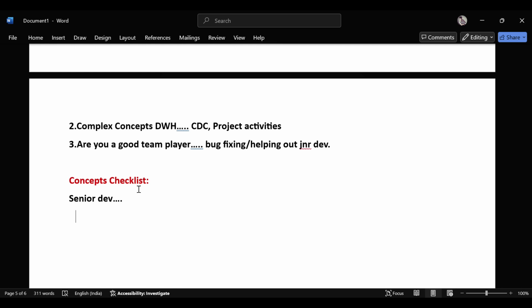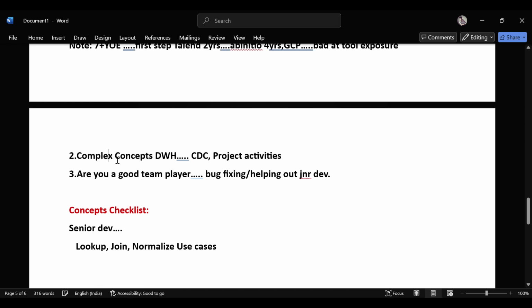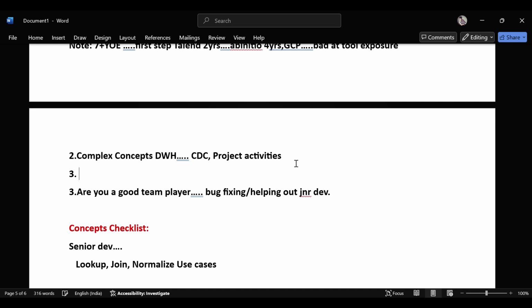Your concepts should include lookup, join, and normalize use cases. And I missed one thing in the expectations: complex concepts, and let's add one more point, problem solving. That's what we expect from the seniors. You will get more use cases in your interview.